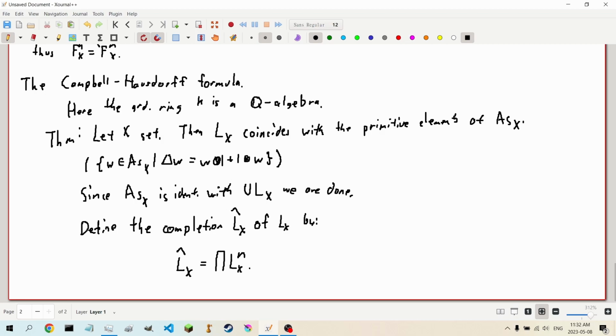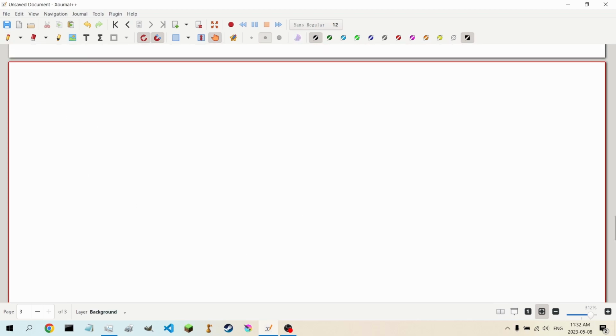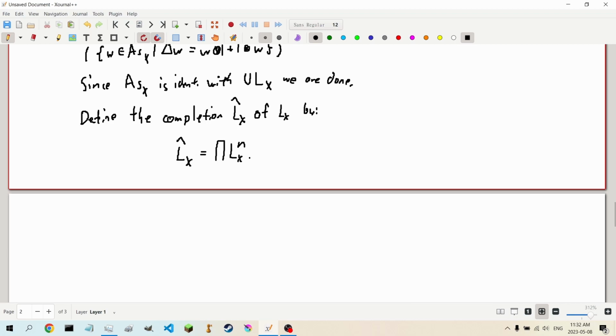This is the same construction, just for the free Lie algebra. We also define